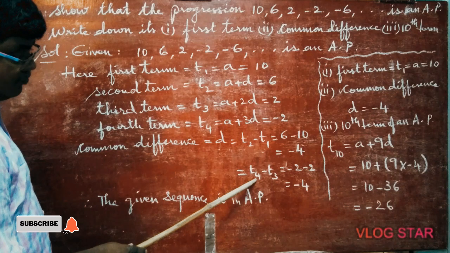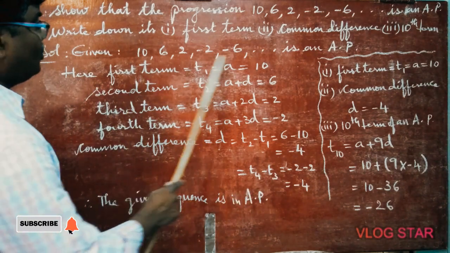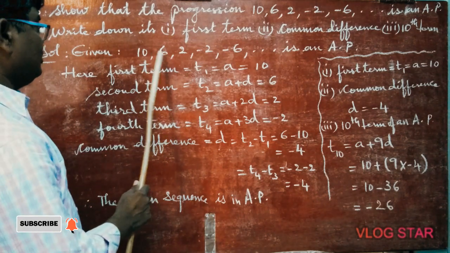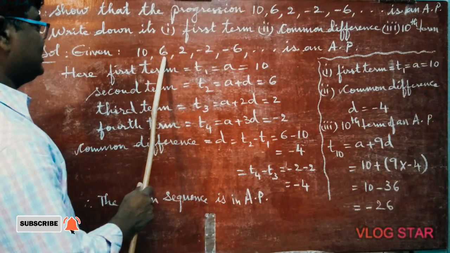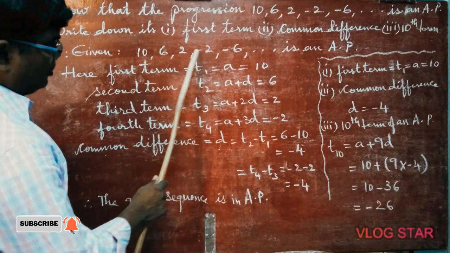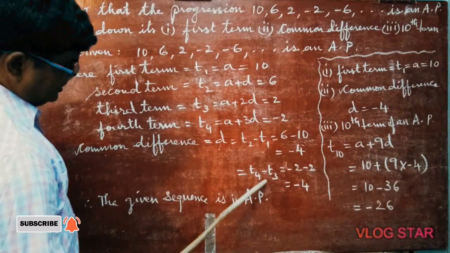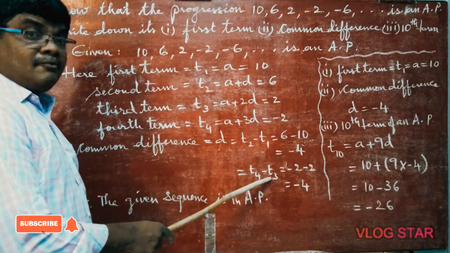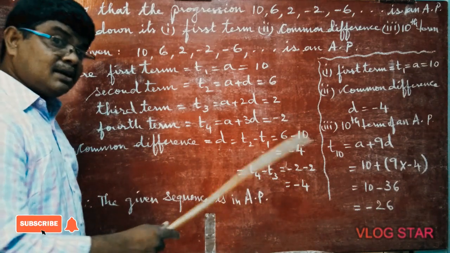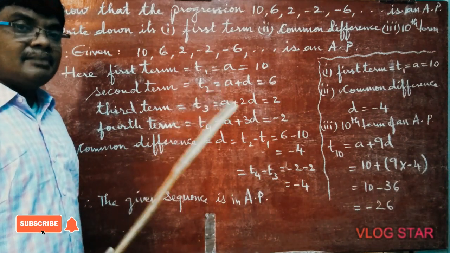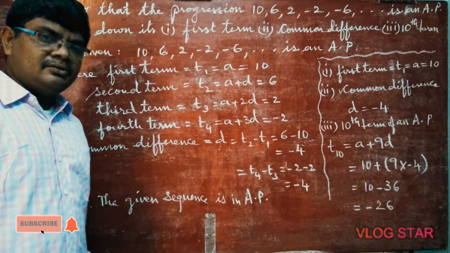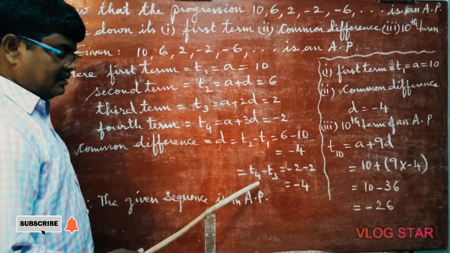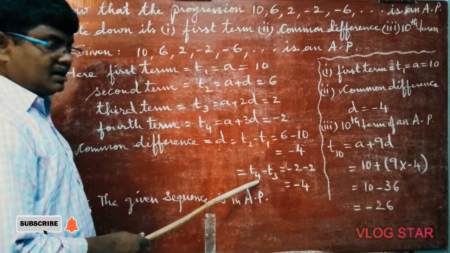Now I am going for T4 minus T3. Anywhere on the whole sequence your difference should be the same. Now T2 minus T1, T3 minus T2, T4 minus T3. Purposefully I am doing this to make you understand the meaning of difference and the meaning of common difference. On the whole, the difference should be the same. Then only it is common. If you give common punishment, no problem. Different punishments, you know how the reaction will be, your face feelings. In the same way here, common difference.